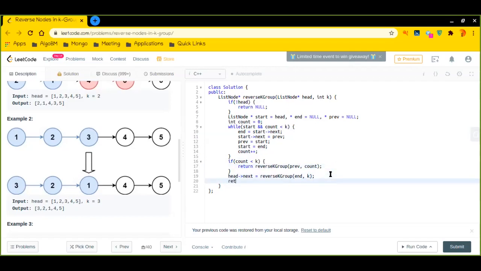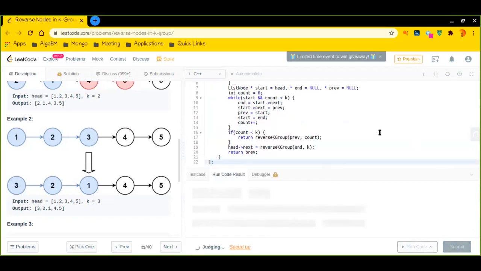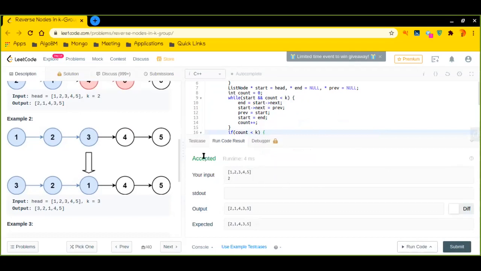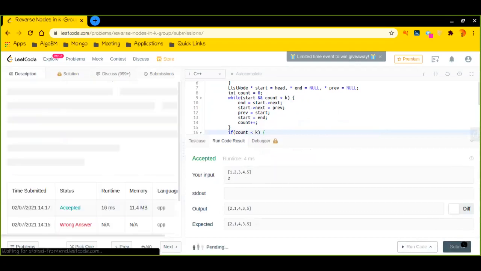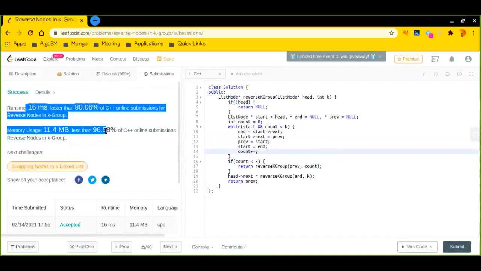So for every state we have to return the head of whatever linked list that we have created. So the head is nothing but previous, as we see here. So we will return previous as the answer for every state. Okay, so this is the solution, guys. Let's test it out whether it is actually working or not. So it is accepted. Let's submit it to see if this particular solution is accepted or not, and it is done. This is it, guys.